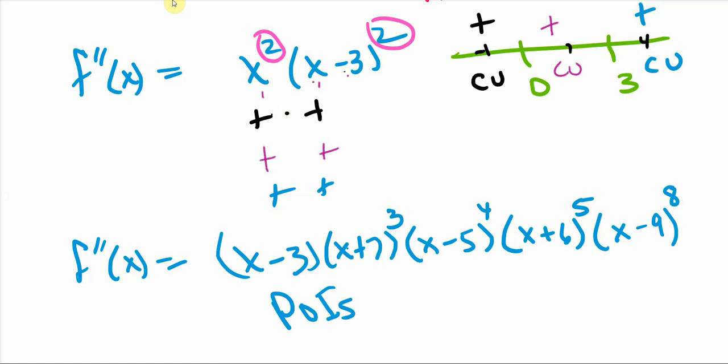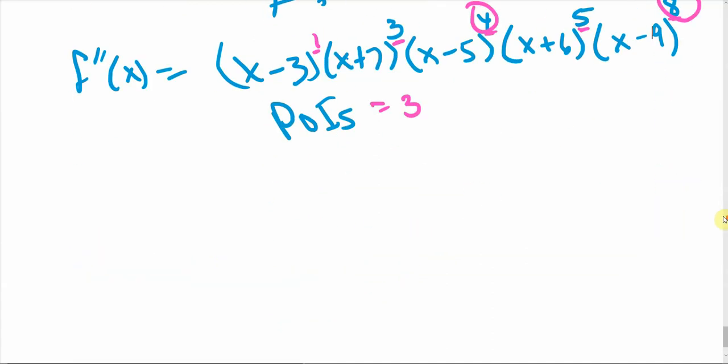So what you're going to be looking at is the power. This is odd, this is odd, this is even, this is odd, and this is even. So we're looking for the odds. How many odd powers do I have? 3. So I'm going to have 3 POIs. But this one here, I'm not going to have a POI at 5. I'm not going to have a POI at 9. All right. So let me do one more,